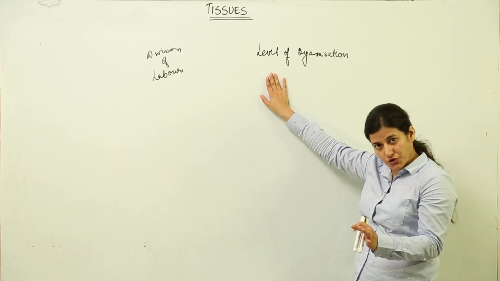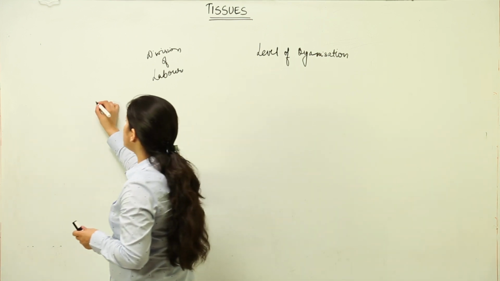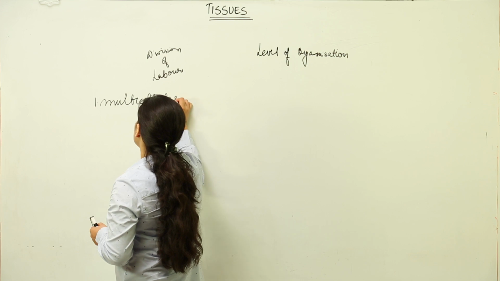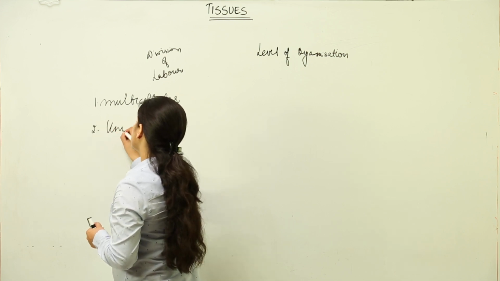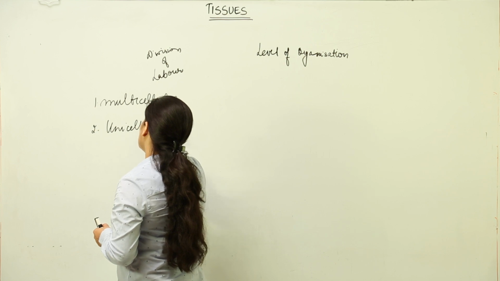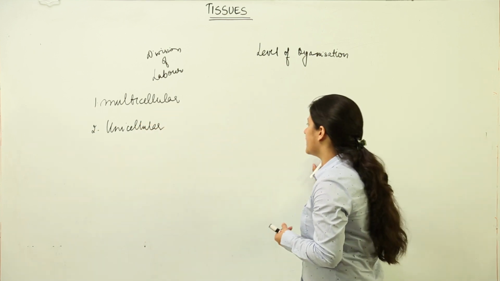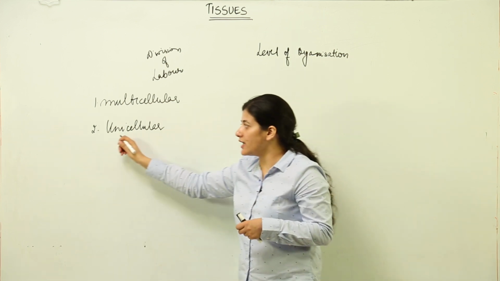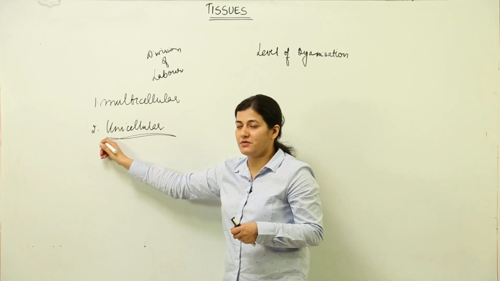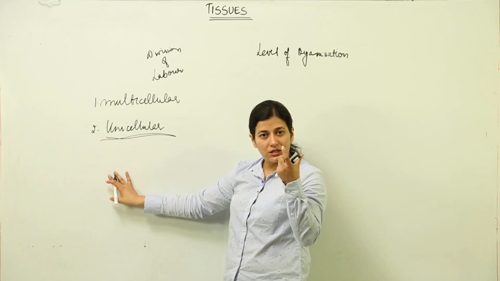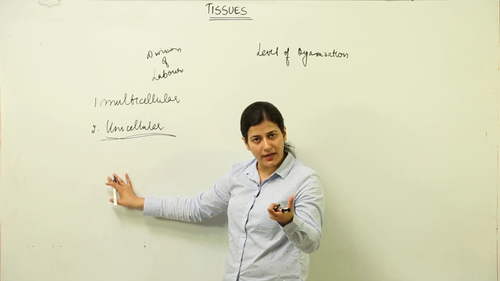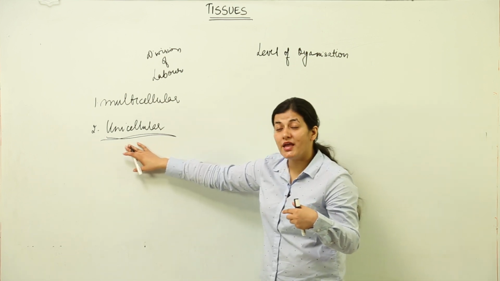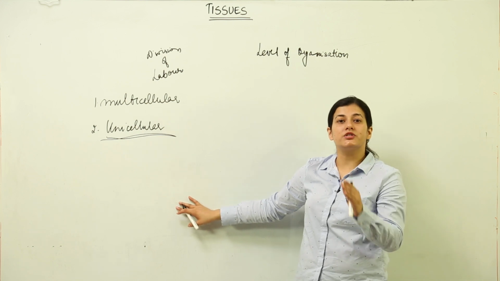Now you see, we were introduced to two more terms. First one was multicellular organisms and the very basic unicellular organisms. In the case of unicellular organisms, I gave you the example of amoeba. You remember it by heart, I know till now. Now when we talk about level of organization, in case the organism is unicellular, that means the living entity is unicellular, the body of the organism, whether a plant or an animal or the rest of the classifications that we have in the higher levels of our understanding, if it is unicellular, all the functions are to be performed by